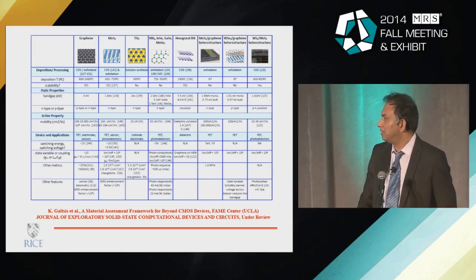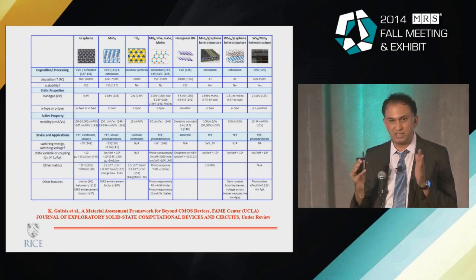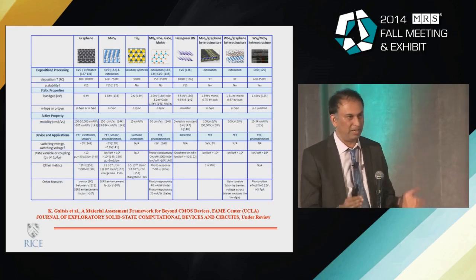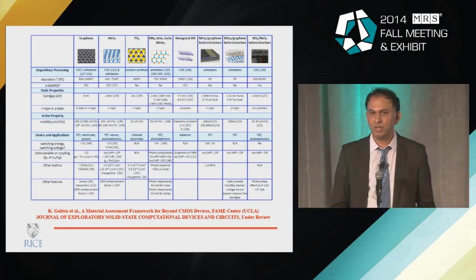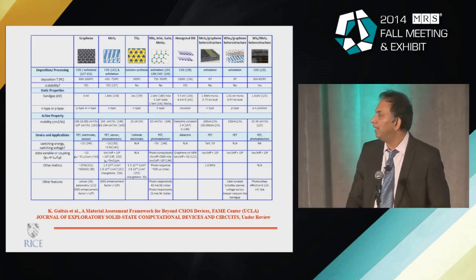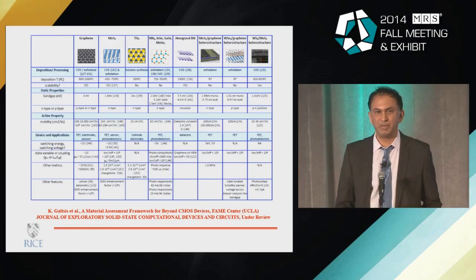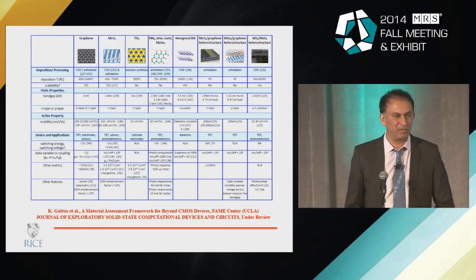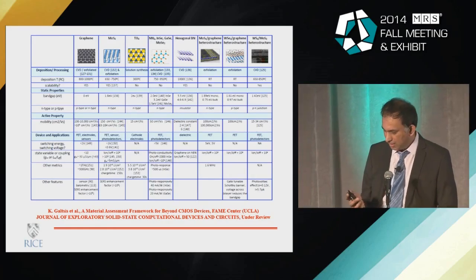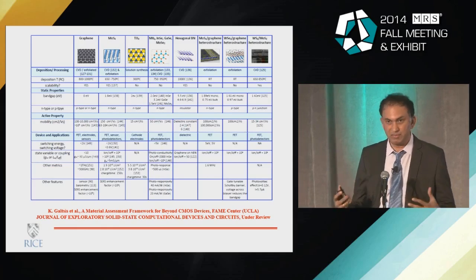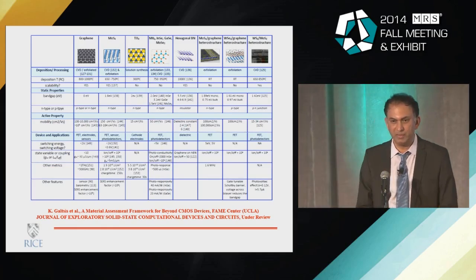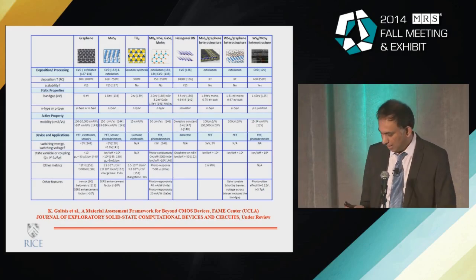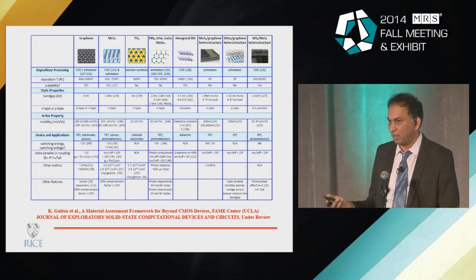So if you think about this, we are not really looking at just one material. When we were looking at nanotubes or graphene, we were looking at a specific material, but now the whole spectrum has changed, and we are looking at a large number of compositions, and each system seems to behave quite differently. So it's a real challenge to address this from a generic point of view, although I'm going to try to do that and give you examples that are kind of generic, and it probably extends to other systems as well.